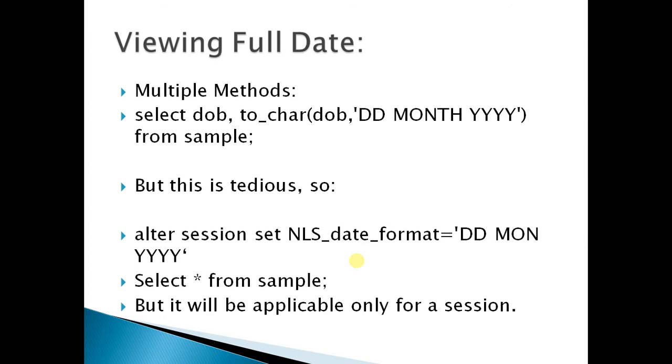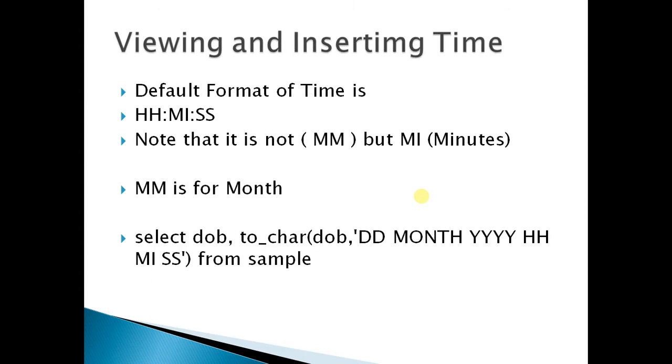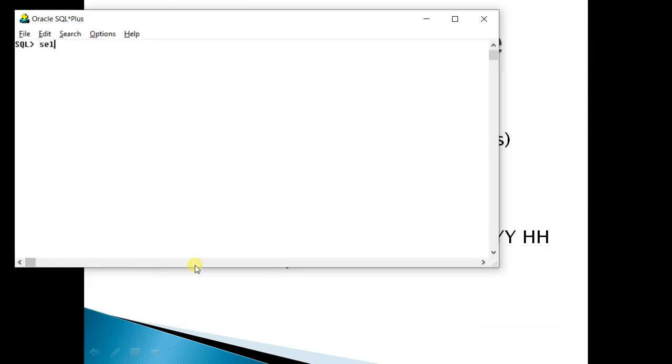So in the last video, we were at the display of time along with date, and we have seen that you can use different elements with to-char to see date, month, year, spelling, full name along with time. To view the time, the method was to use to-char, use the column, and you can use HHMISS. For example, select star from sample was our table. You can see these two columns are displayed, but no time is being displayed.